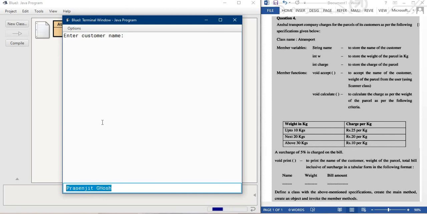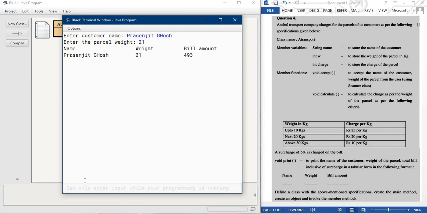Now my weight is, suppose, 21 kg. Now you can see the alignment is appropriate. So name is present, weight is present, and bill is present. 20 kg means first 10 kg, so 250 rupees. Next 20 kg, so additional 11 kg. 11 kg into 20, so 220 plus 250, and additional 5% we can add, you can get this answer.